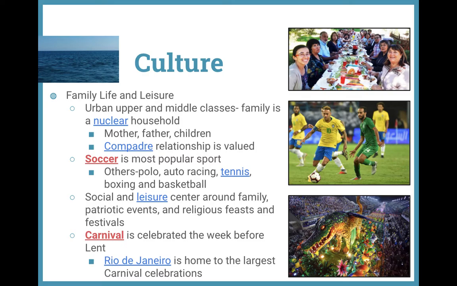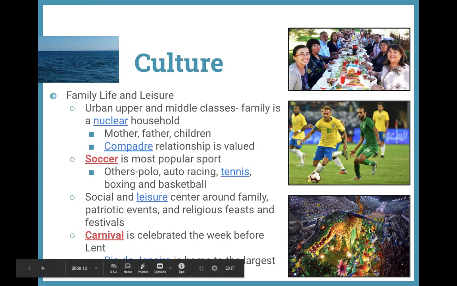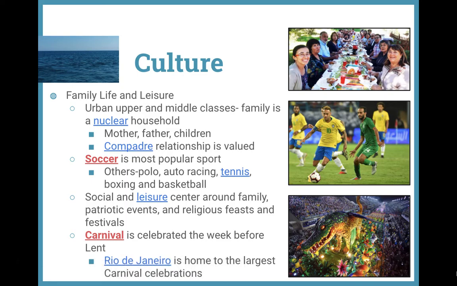They have these parades, and they make these crazy floats. They have hundreds, thousands of people in these parades. They go down what's called the Sambadrome, and this is right here. They go through these parades, and they dance and they sing, and it takes about an hour and a half to get from one end to the other. But they're judged, and each neighborhood competes with one another on who's going to have the best parade. It's a huge deal, a huge honor to win for your neighborhood.